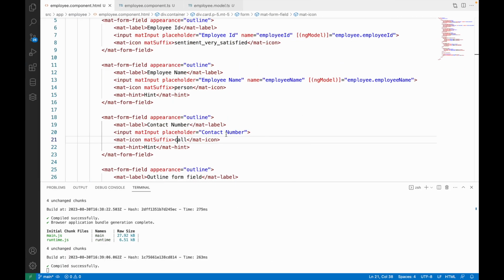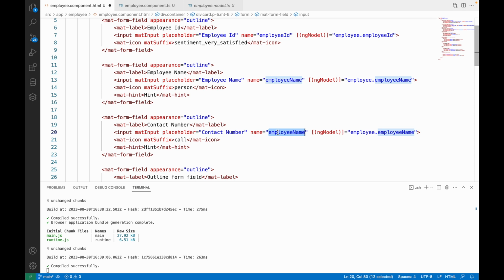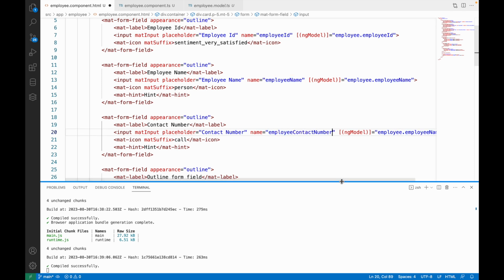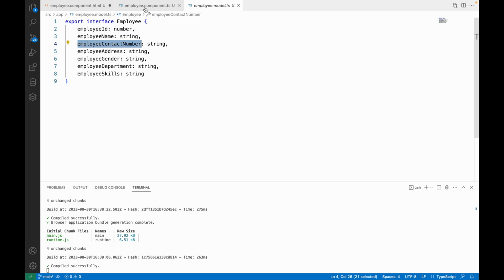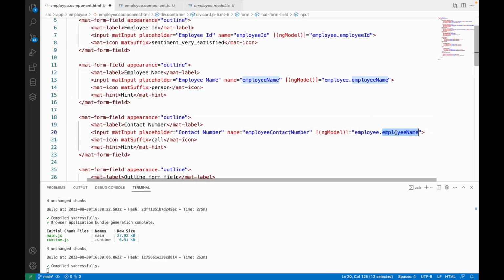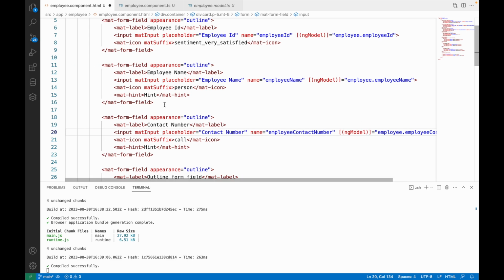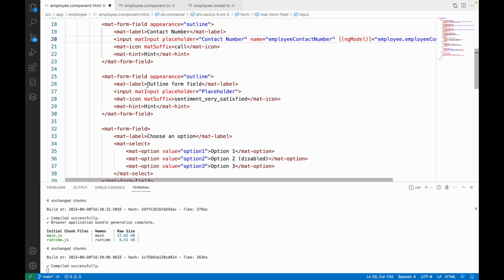And again, we have to use ng model. So what we can do, we can just copy this name and ng model, and paste it. For name, I'm just going to use employee contact number, and for ng model we have to use employee dot employee contact number, something like this. Similarly, we need address, so let's go for the next field,